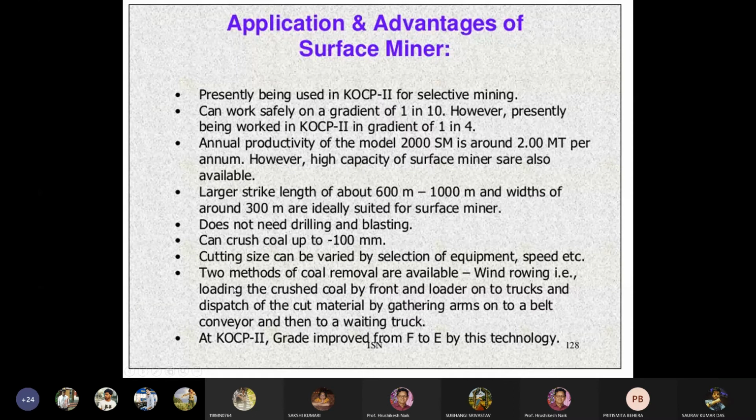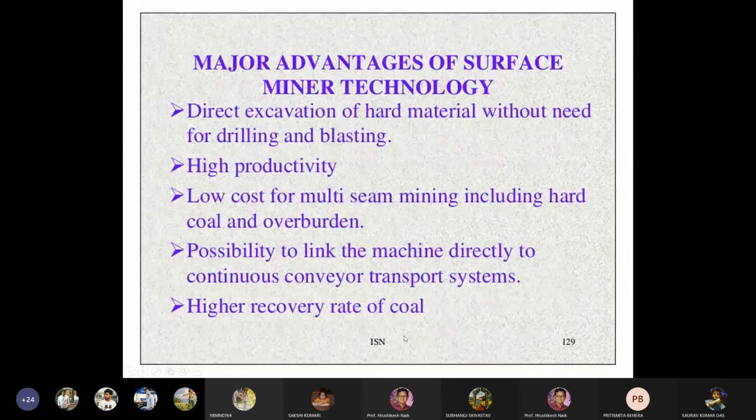Two methods of coal removal are available: the windrowing method, loading the crushed coal by front-end loader onto trucks, and dispatch of the cut material by gathering arms onto a belt conveyor and then to a waiting truck. At KOCP2, grade improved from F to U by this technology.